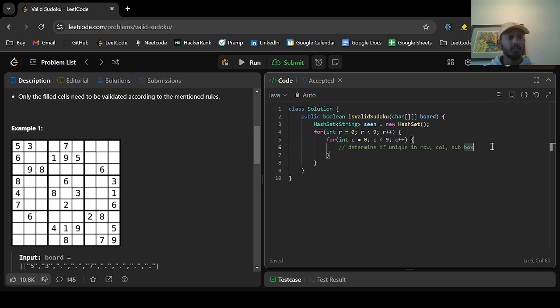There could be ways of making 3 hash sets, one for rows, one for columns, and one for sub-boxes, but I'm not exactly sure how I would make a hash set for each sub-box that we're in. Maybe we have to make a third loop and then check each sub-box that way. That's a possibility. But one solution I've seen from Nick White is what you do is add the number and also the position that it's in. So what we're going to say is